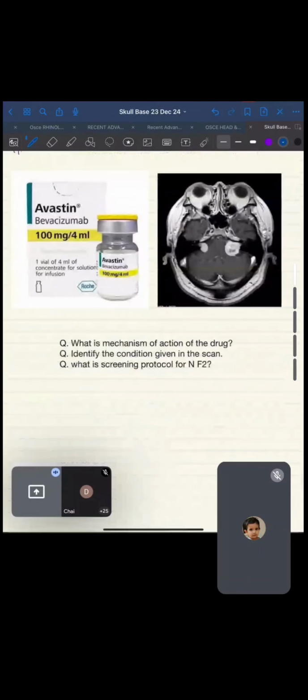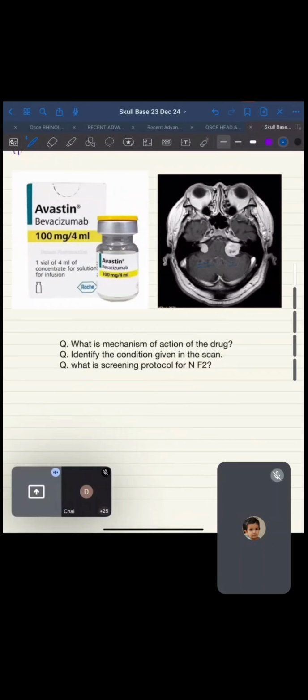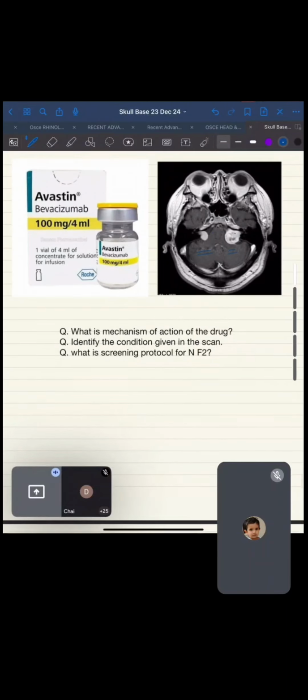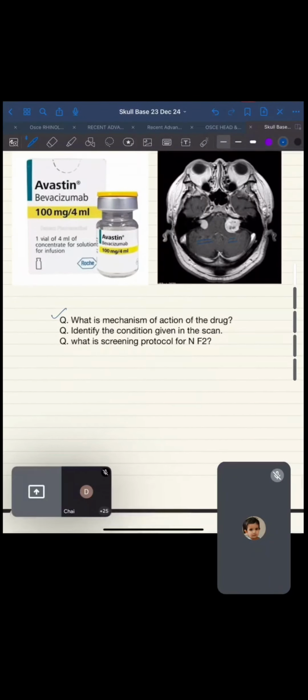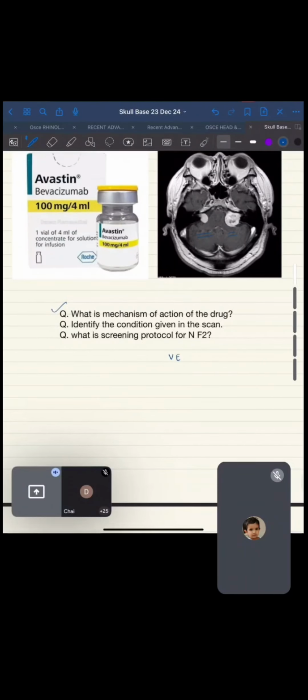Now again, moving ahead, this scan is of your neurofibromatosis. You can see the vestibular, you can see the CP angle tumor, both side vestibular schwannoma. The drug which they use over here is bevacizumab. Please read about it. The mechanism of action of bevacizumab is that it is a VEGF inhibitor, that is vascular endothelial